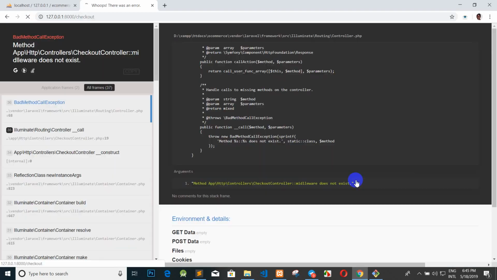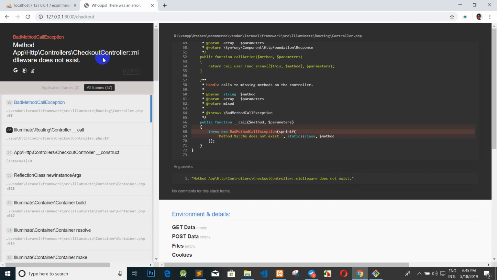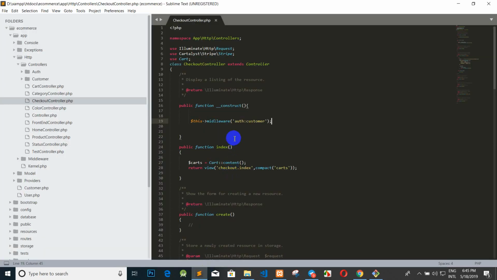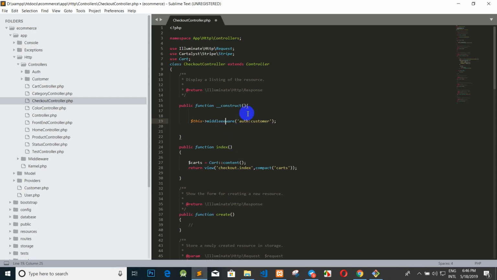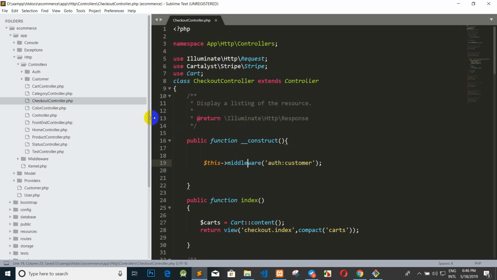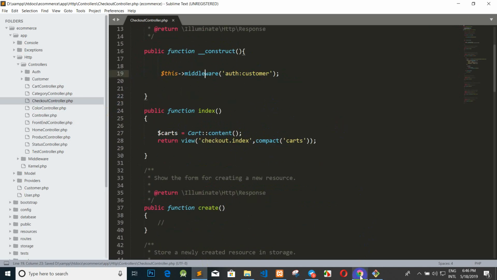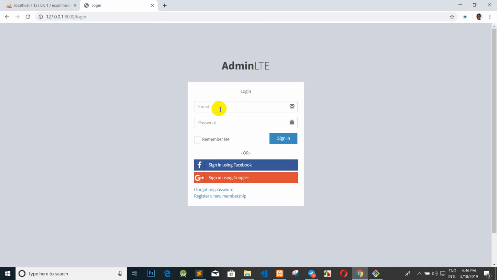Okay, when I click the checkout, the customer middleware does not exist, so we check the middleware again. I write middleware with double D and yours. Okay, so we refresh again. What's wrong? Oh, sorry. Okay, I zoom out. Refresh again. Okay, when we click checkout, it redirects to the login,